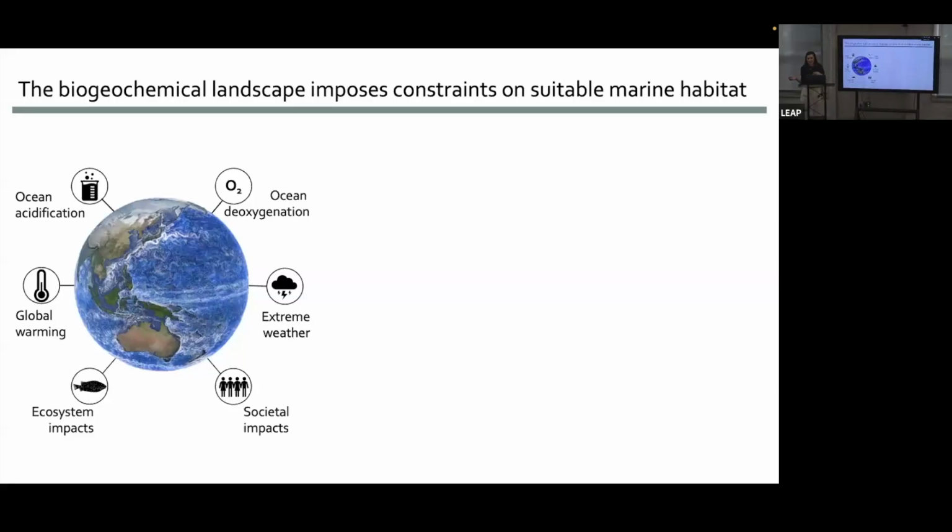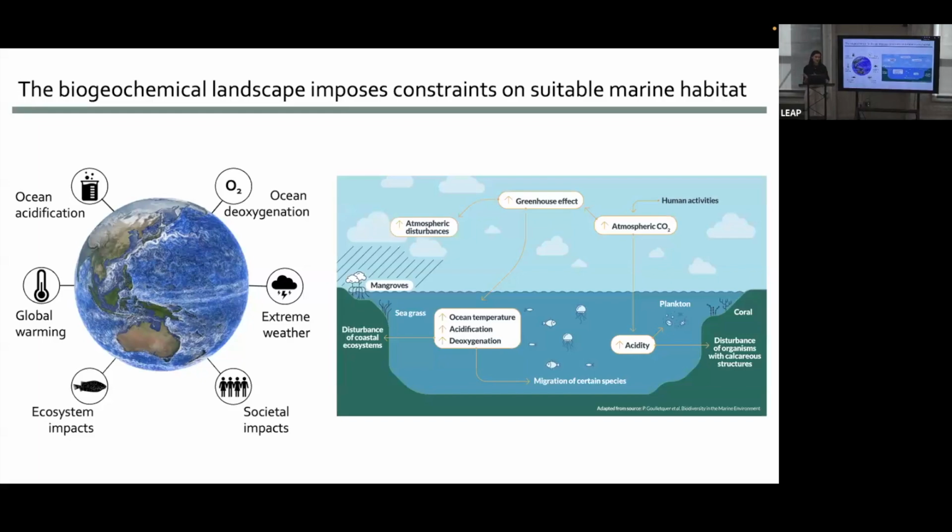All of us here know that anthropogenic climate change is driving a suite of changes in the ocean. The ocean has absorbed about a quarter of anthropogenic CO2 emissions, causing seawater to acidify. Warmer water holds less oxygen, so low oxygen zones in the ocean are expanding and compressing suitable habitat for marine organisms. So all of these changes ultimately impact marine ecosystems and organisms and the people who rely on a thriving ocean.